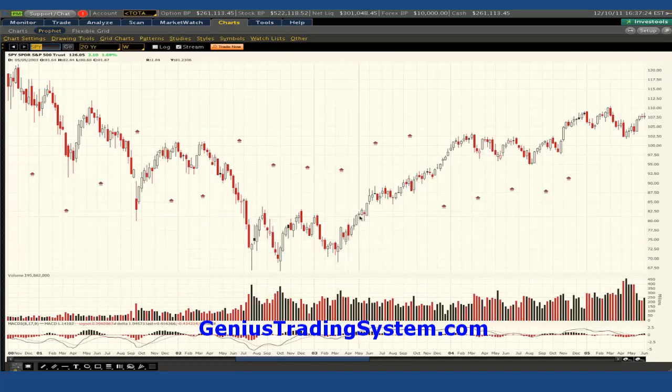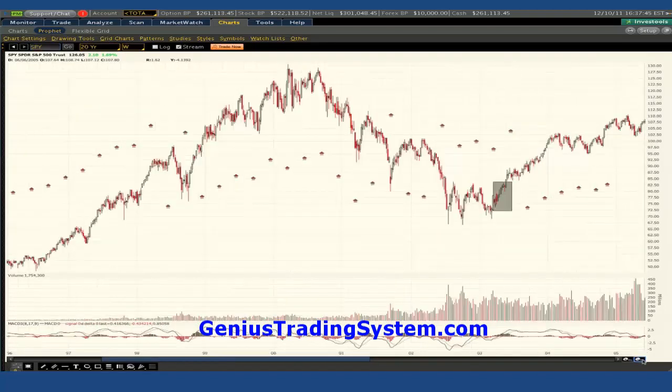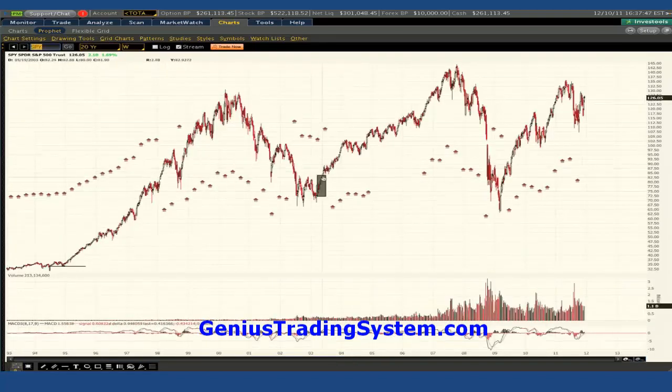And then the bars started getting smaller and smaller and smaller, and it was at that time when you probably could have made a determination that in fact there was going to be another significant rally, based on the fact that both the volume and the range of the bars was getting smaller and smaller. And in fact, a very significant rally did take place from this period all the way through again